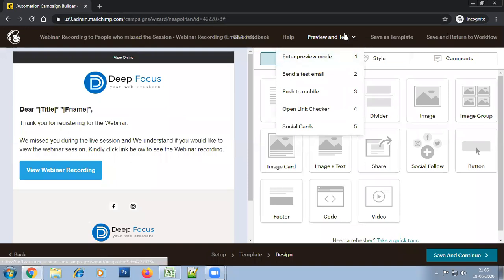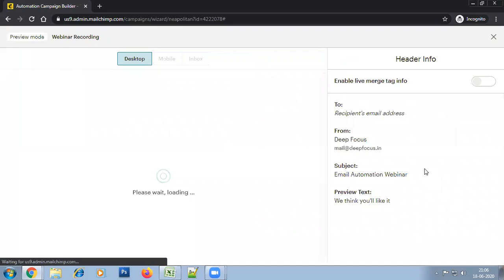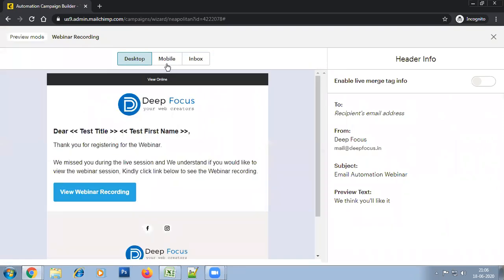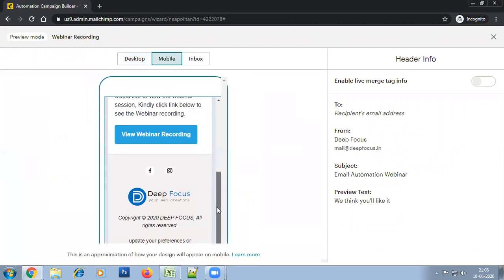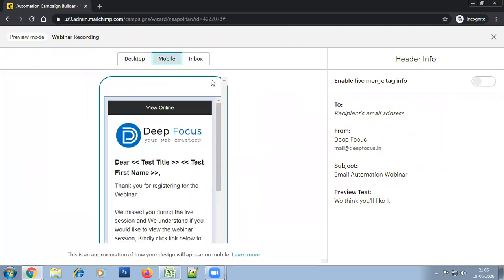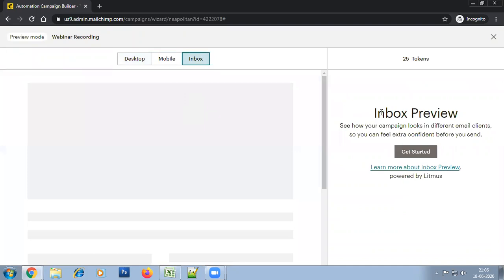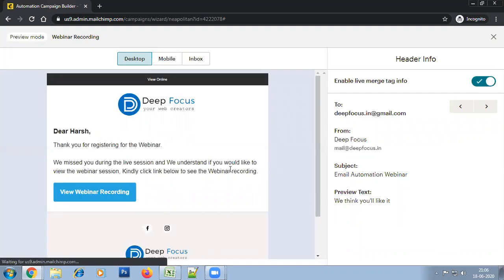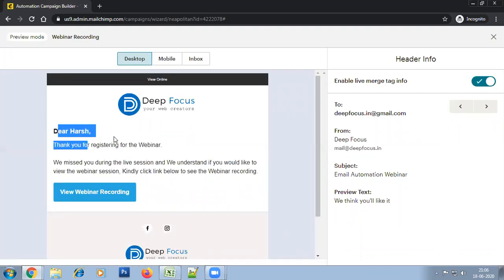So we do a testing here. Now, how do we test it? We just click on preview and test and enter preview mode. Now you see, I can actually see how my email will look in a desktop, in somebody's mobile phone. I can check how it will look in somebody's Gmail inbox. So we select the desktop. I think the email is looking wonderful, and we click on live merge to see if our merge tags are working fine. So you see that the merge tags are working fine,